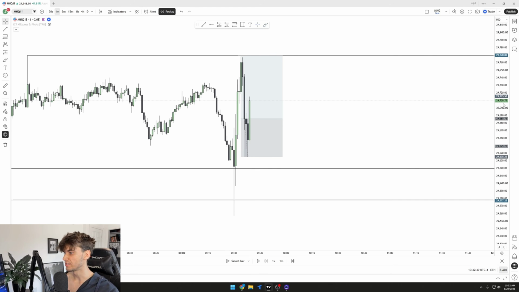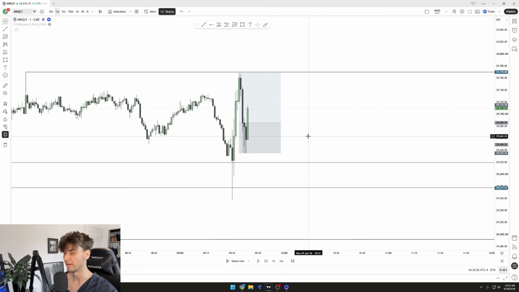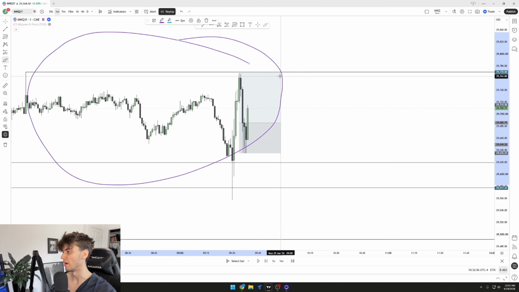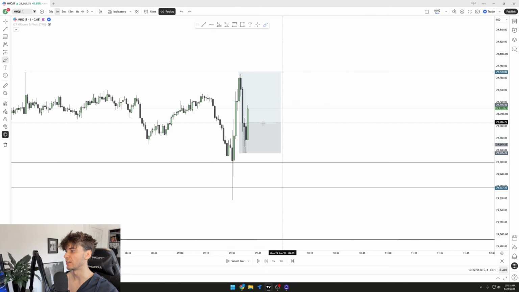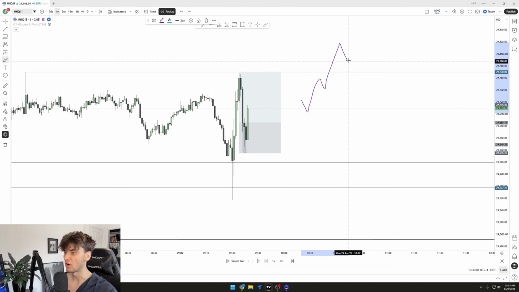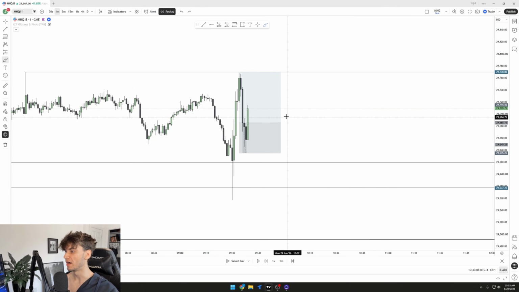Now, you might ask yourself, we don't have any delivery out of a fair value gap, and we're also kind of in this range right here, right? So this was a little bit more of a discretionary trade because it wasn't as obvious of a continuation trade. But this trade was purely based off of having a very strong draw on liquidity, as well as having very obvious displacement with this 1 minute candle here. When I see a good retrace like this and then obvious displacement, then I want to be targeting the liquidity